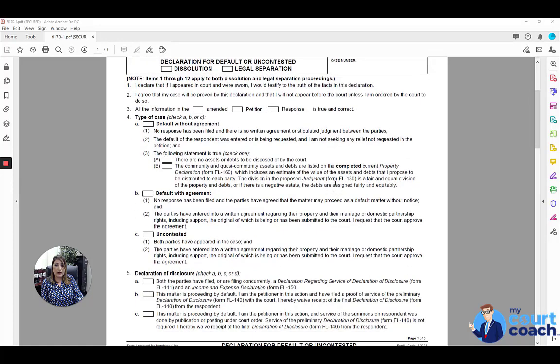Below that, we identify what type of case this is. If it is a default without an agreement, mark box 4A, and you need to identify for the court if there are assets and debts to be disposed of by the court. If not, mark box 4A(3)(a). If so, then you want to mark the box below that, and that requires you to also submit a property declaration. That's your Form FL160 with this that includes the assets and debts that you're proposing to be distributed to